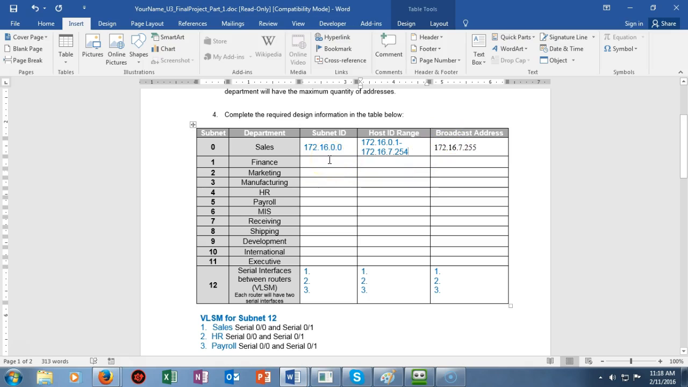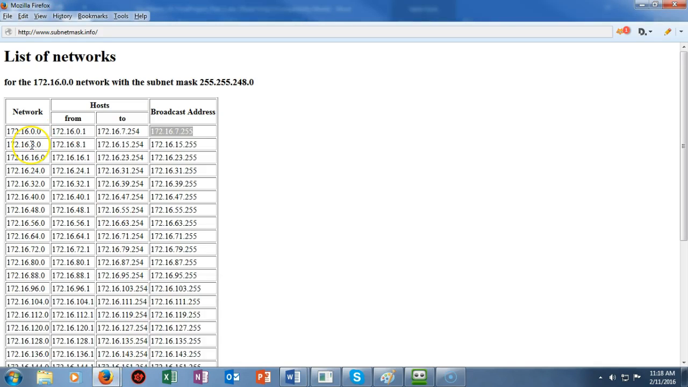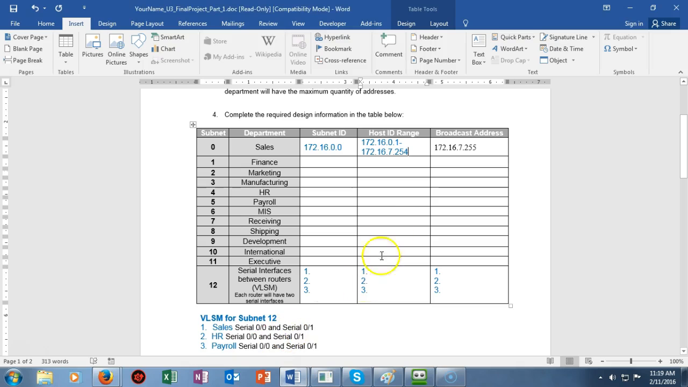Okay. Now I can just go down my subnetting chart, my list of networks, and I'll just take the next IP, right, which is .8, go to the next one, .16, and each department will have its own subnet of whatever the next available IP is. All right, so let's see how that works. So I'm just going to go down here, and for finance, my next available subnet ID is 172.16.8.0,